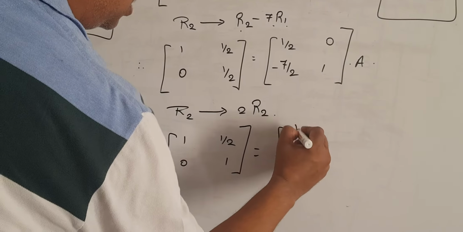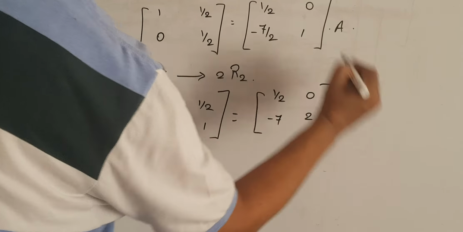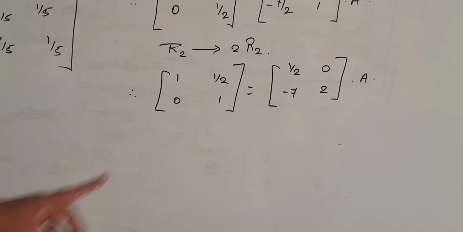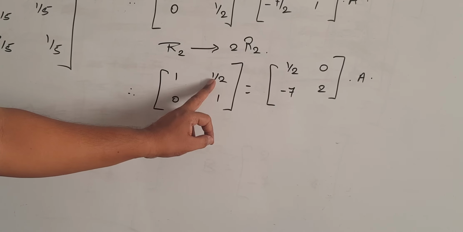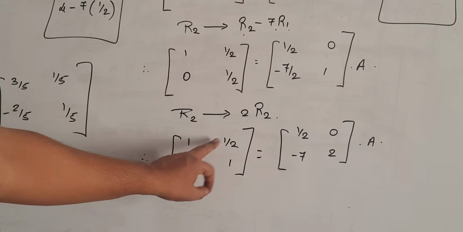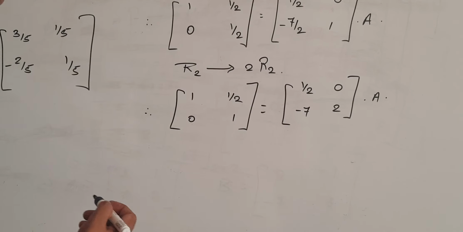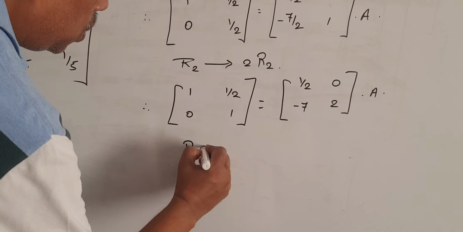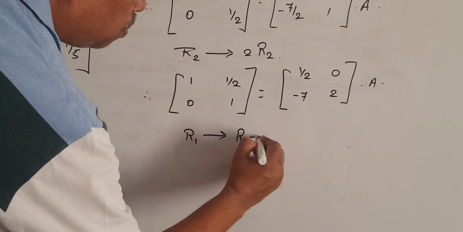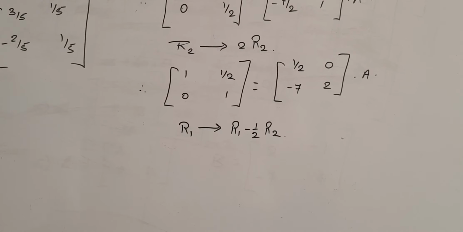Is equal to half 0 minus 7 into 8. Is that clear? Now in place of this half we want 0. In place of this half we want 0. Now how do you get it? See, can I say the first row as first row? See, half minus half 0 हो सकता है. So minus half we multiply here with the second row. So that half minus half becomes 0.